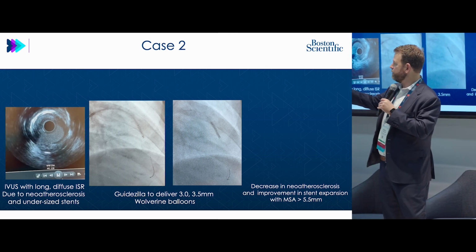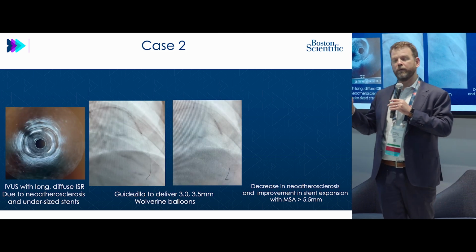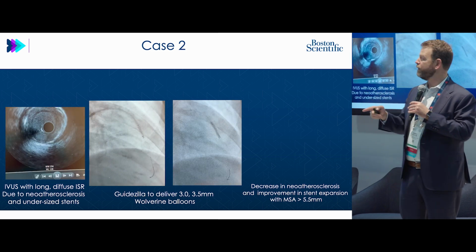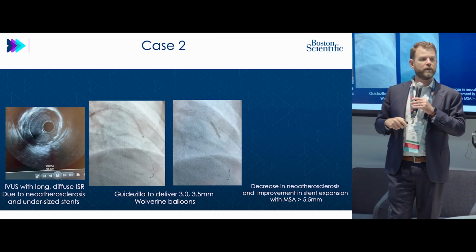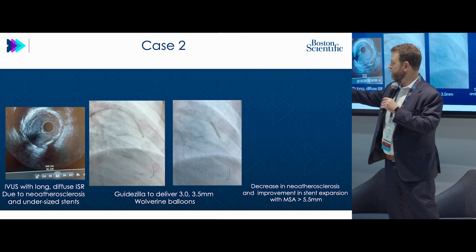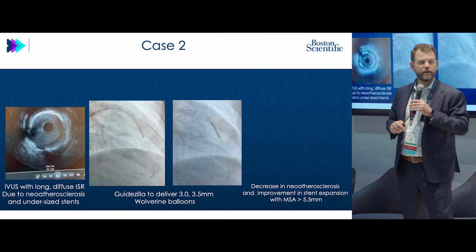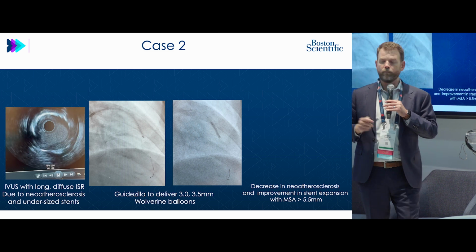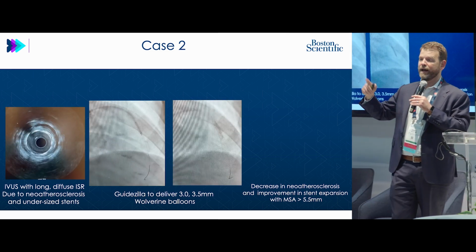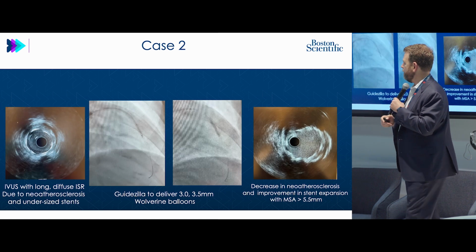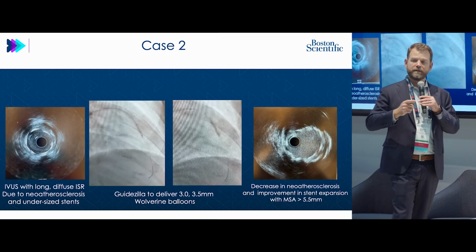So in this case, what I did was I took a semi-compliant balloon down to the area where I wanted to treat, blew it up, anchored it, took the guide extension over that. Then I took my Wolverines through that, simply unsheathed those as they came back. So distally, I knew it was a 3.0. So I take my guide extension all the way down. I unsheathe my 3.0 Wolverine there, and then take my larger Wolverines more proximally as I back the guide extension back. And then I take my IVUS back in, showed we have excellent expansion,